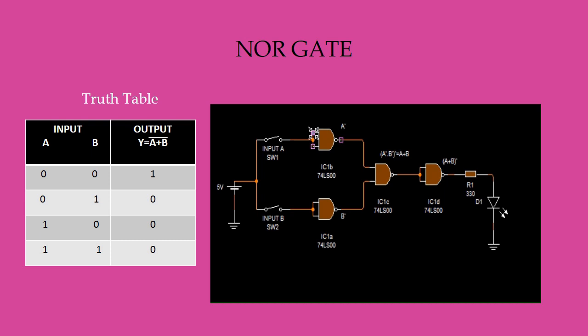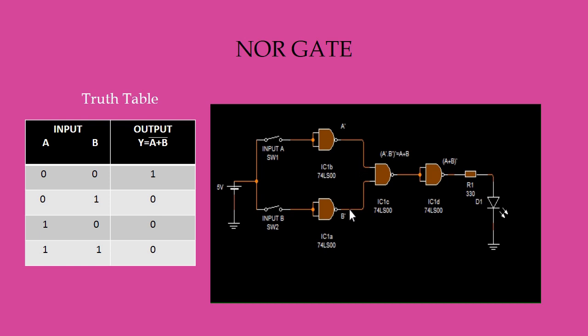So, when these two input terminals have been shorted, this NAND gate acts as an inverter circuit. So if this is input A, from the output what we get? A bar. Okay. These two inputs of this NAND gate are also shorted, so this NAND gate also acts as an inverter circuit. So when this is input B, from the output we get B bar. So this is A bar output and this is B bar output.